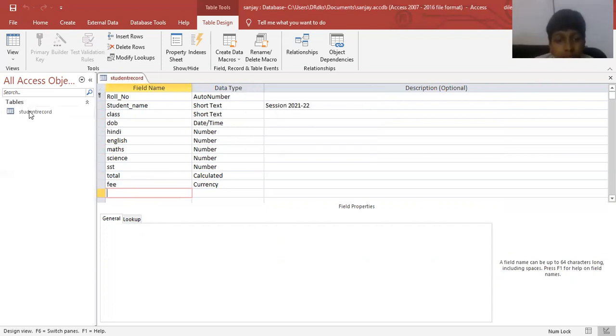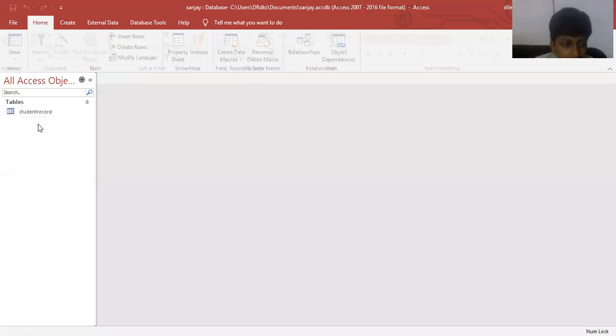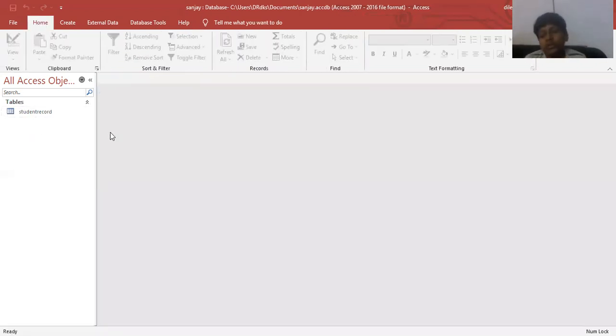Just see there, a table comes like this in this particular section, and press Control plus W to close this table. Control plus W closes the open table or any query, report, anything which is open. If you want to close it, just press Control plus W, it will close the window, right, in this section. And add the data in this particular table, just see there.